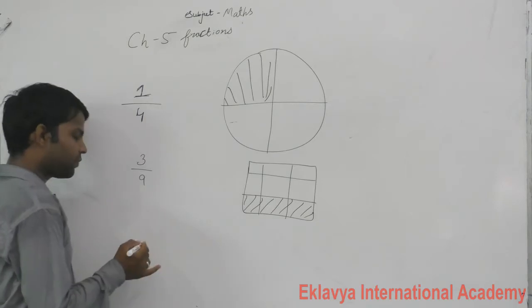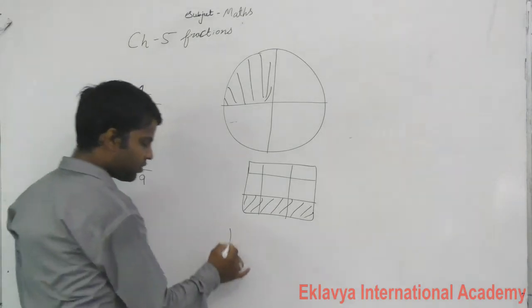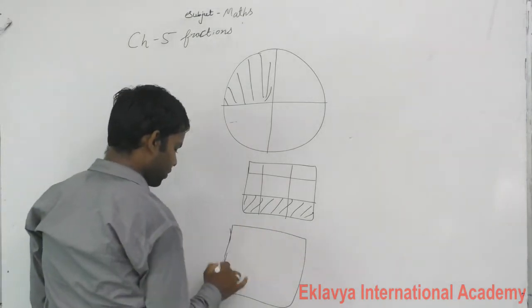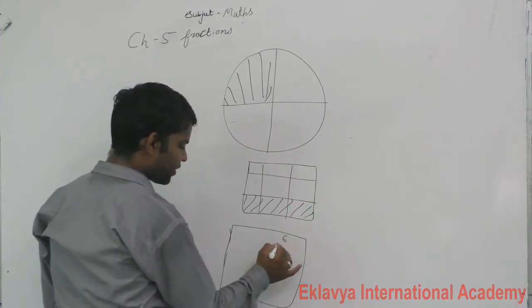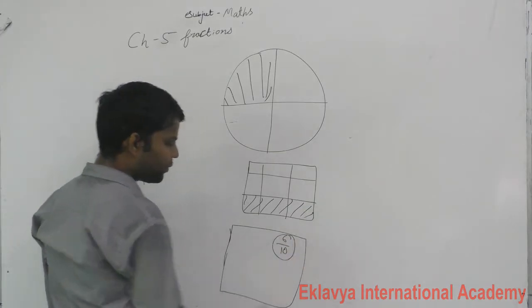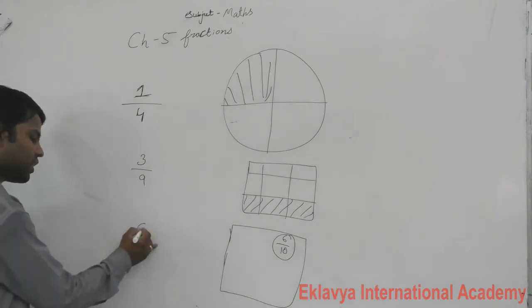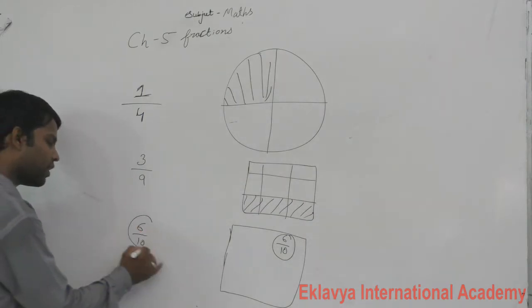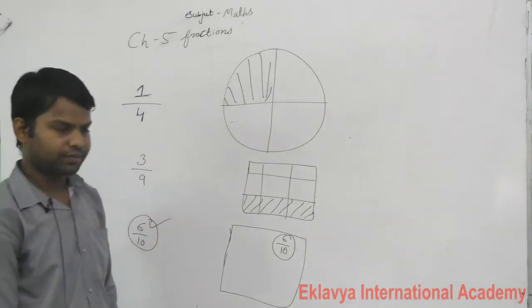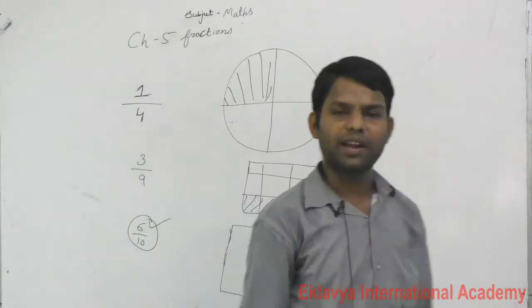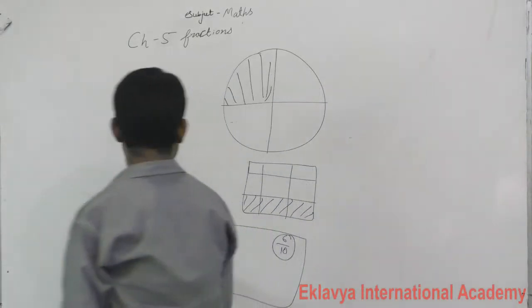Now next, in the test notebook we got 6 marks out of 10. It means our paper is 10 marks, but we got only 6 marks. So we write 6 upon 10. It is the fraction. And fractions we can write in different forms, like 6 upon 10.